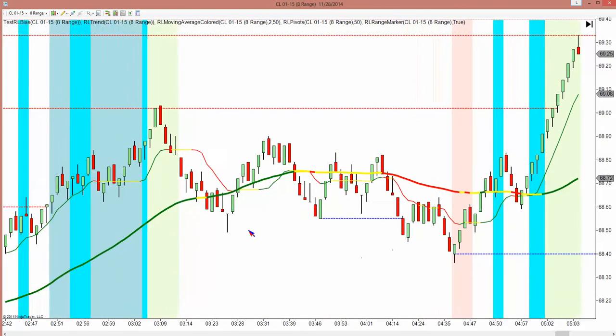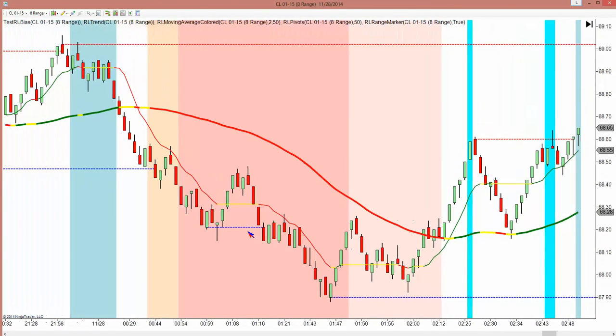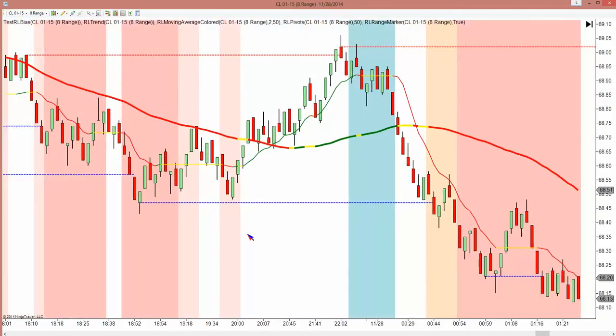So all we're looking to do is define risk. We are not going to catch every winning trade. We are not going to prevent every losing trade, but